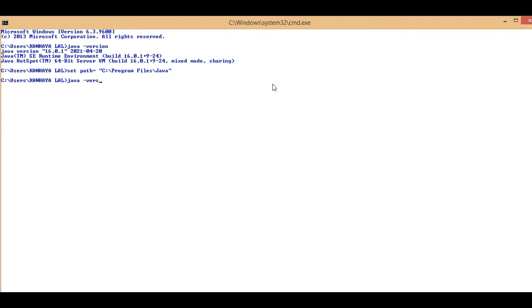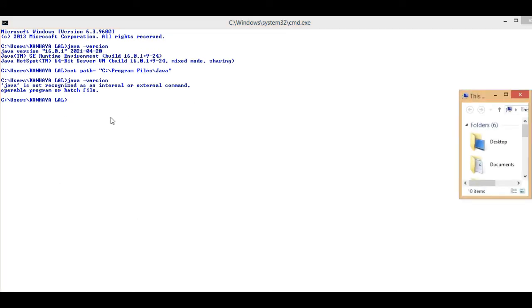Now I am checking the Java version. Here you are seeing 'Java is not recognized as an internal or external command', which means the command prompt doesn't know what Java is. To understand this,